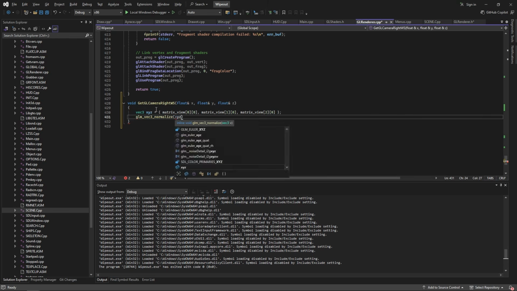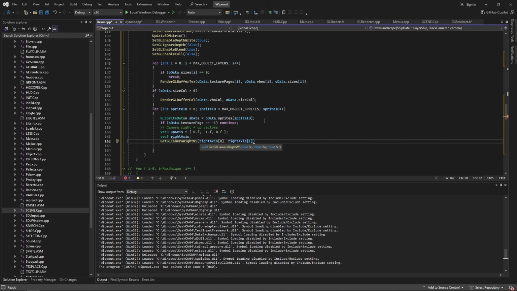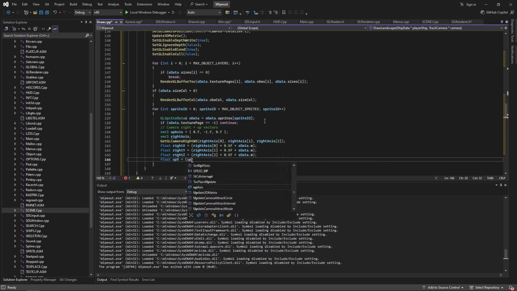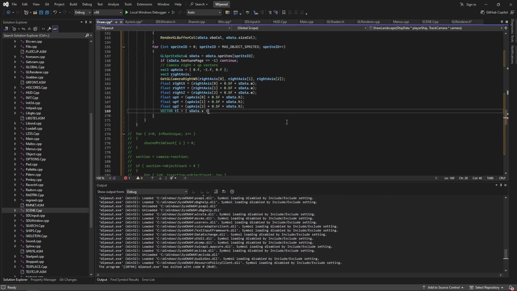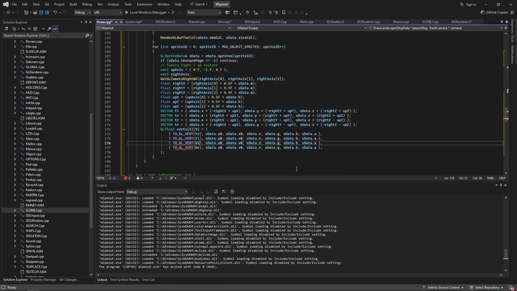To help do this, we will add a function to our renderer which extracts a normalized vector for the camera's right axis. We only need this vector to calculate the vertices for the sprite, as we only want it to rotate horizontally but not vertically, so the up axis is always a constant. With the vertex positions calculated, we pass the sprite over to the renderer, and that should do it for the